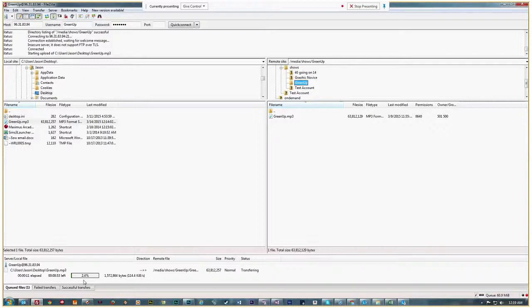You don't want to close this window while it's uploading. So make sure you can just keep the software running. It's not going to hurt anything. It's very, very low labor. So you can keep doing whatever you want to do. Just minimize it and move on. But once this is finished, you're done. Then your show has been successfully